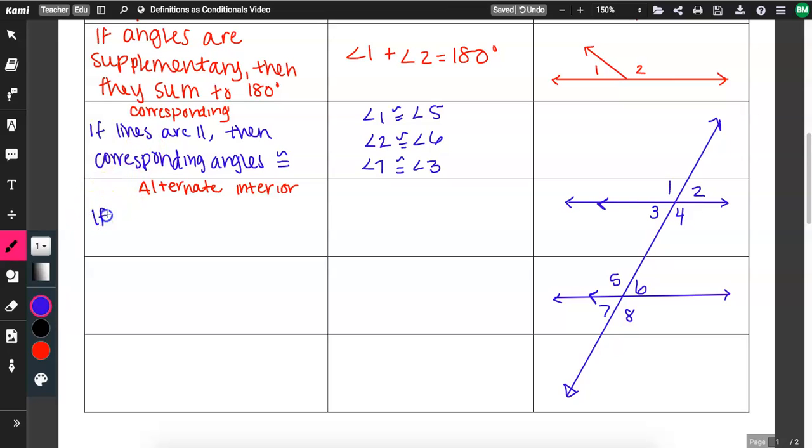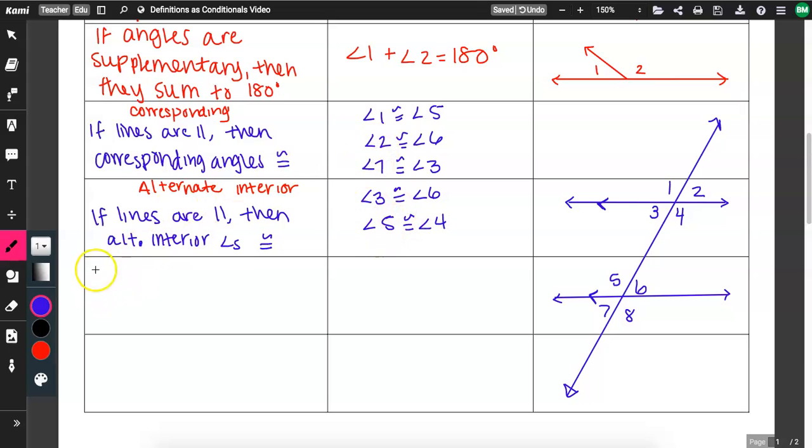So again, if lines are parallel, then alternate, I'm going to abbreviate, interior angles congruent. So some examples there. Angle 3 is congruent to angle 6. Angle 5 is congruent to angle 4. Our last one of the first three,